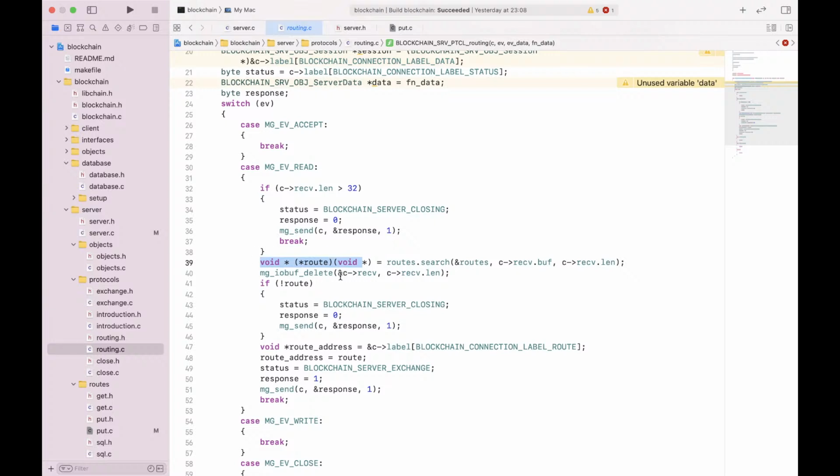So basically, this is where things get a little weird. I get this function pointer route, and then I take the label and I actually cast a section of the label as itself a void pointer to this route. And I copy in the route address there. And then I set the label to be exchange. That way when we come over to,